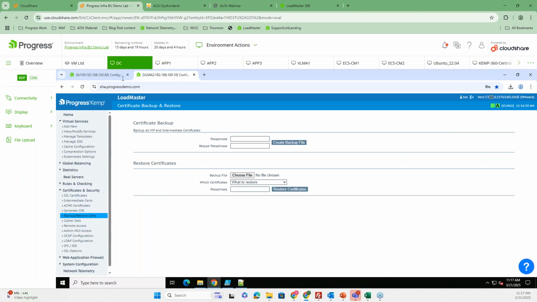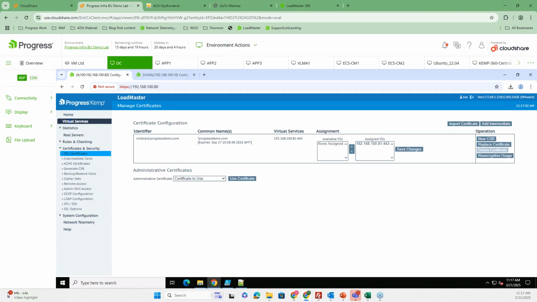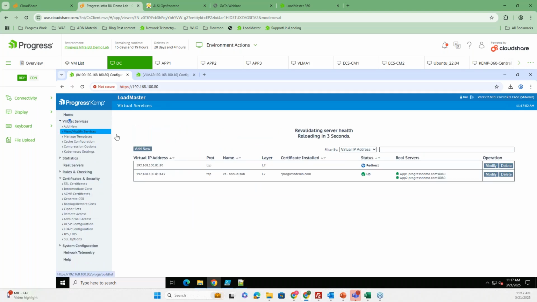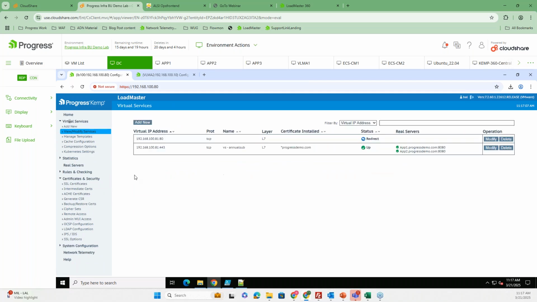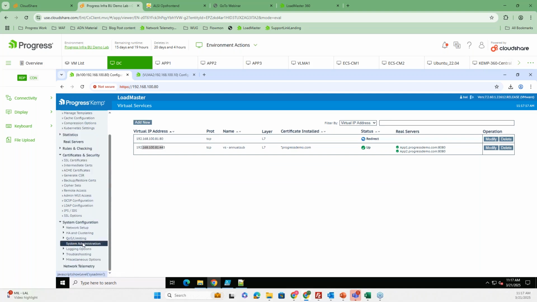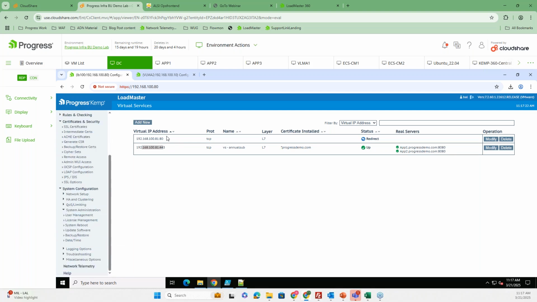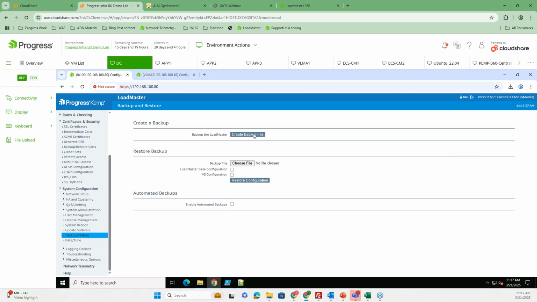Now, you see here, I have a service created on 81, right? So let's take a backup of that as well. Because I was asked in the past a long time, how can I now merge different virtual services from two different load balancers together? You can take a backup, config backup this time. So this is taken off this machine.